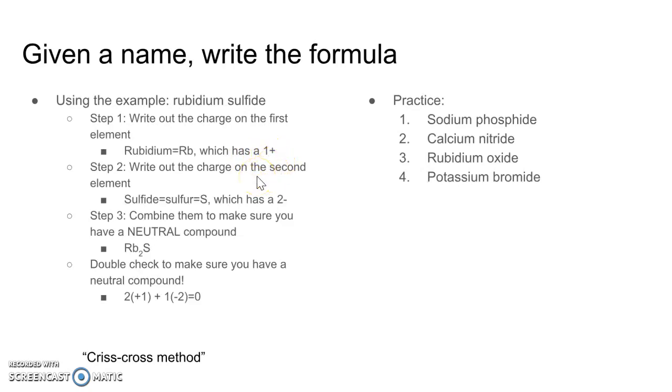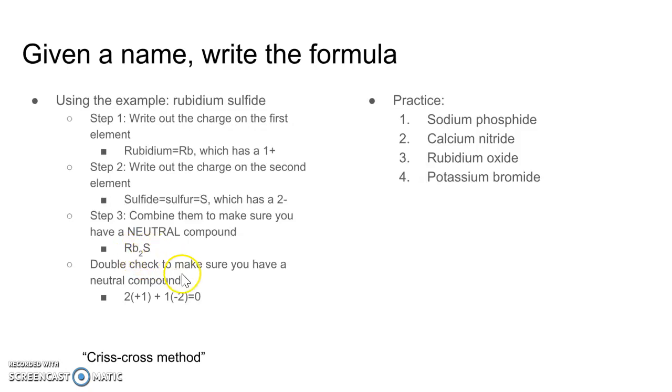Then write out the charge on the second element. Well, I know that sulfide translates to sulfur, which has S as a symbol, and that particular element has a 2- charge. And again, you have to combine them to make sure that you have a neutral compound. So I think of it as, oh, I have a sulfur that's -2, and rubidium is only +1. So I'm going to need 2 rubidiums, that's why I have this subscript here, to cancel out that charge from